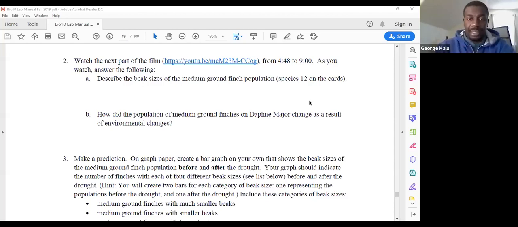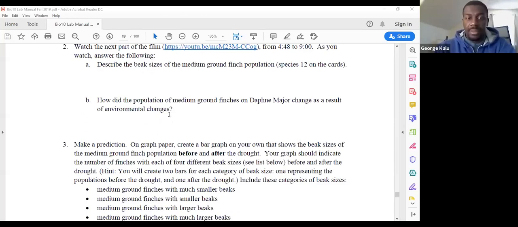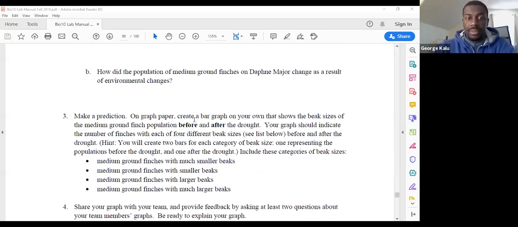Okay, that's good. So B asks us, how did the population of the medium ground finches on Daphne Major change as a result of environmental changes? I'll let that one bleed into the next question. As the environment changed, as we talked about earlier, you don't need to worry about writing these down. We're just going to talk about them as a group. But in terms of these questions, let's say we have a drought, the drought that we talked about earlier in class today, where